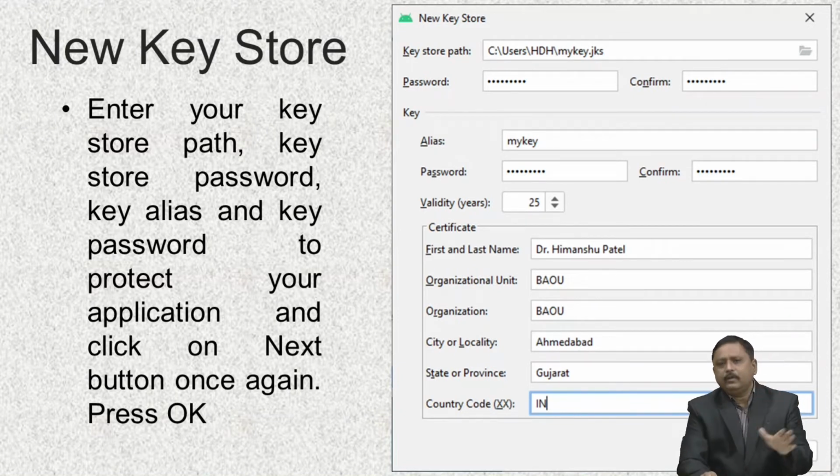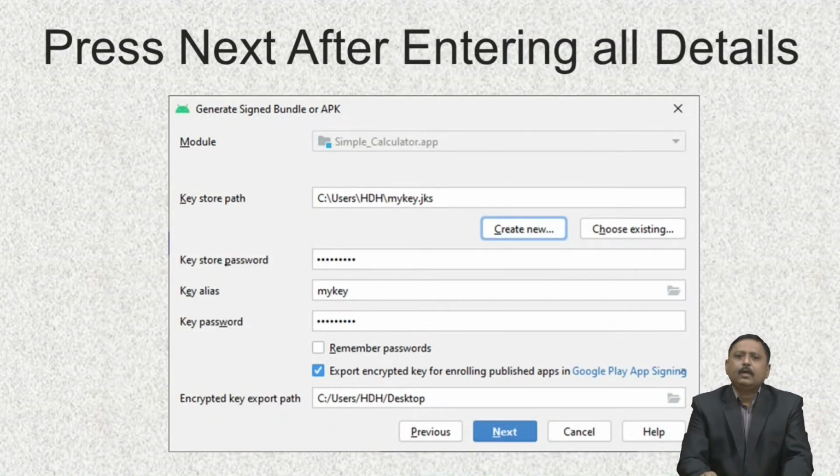After providing all this information, you have to click on the OK button shown at the bottom. So you will come back to this, and here you have to click on the next button.